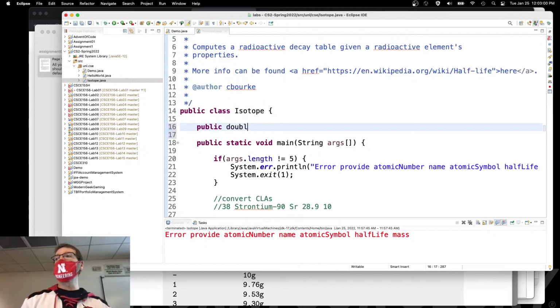Public double, I don't know, what should I call this? Given those things, given the mass, given the year, again, this is just a constant here, given the number of years, and given the half-life, I want to compute how many kilograms or mass remaining. Right? What should I call that? Mass remaining, or get mass,